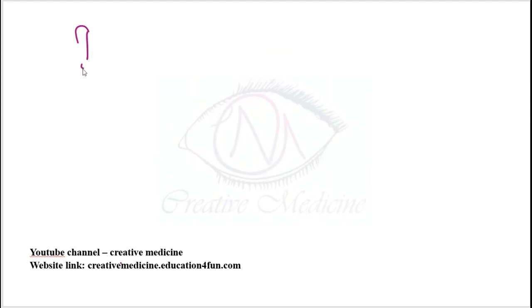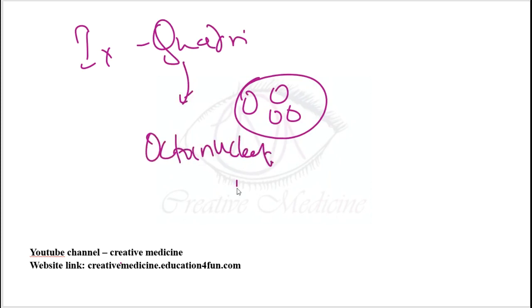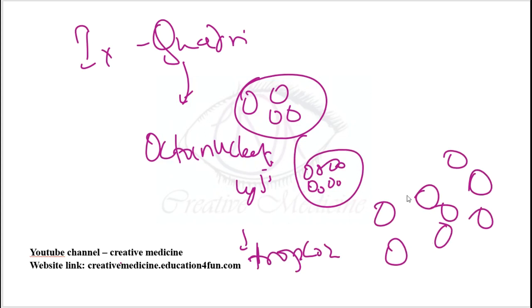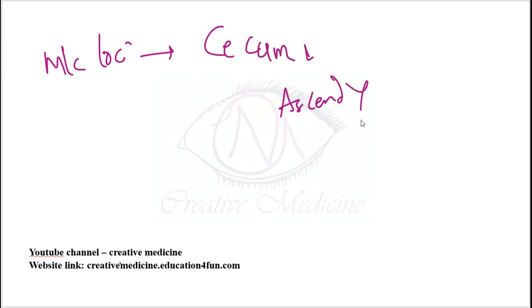The infective stage is the quadrinucleated cyst, where the cyst will have 4 nuclei. Once the infective stage enters, it undergoes mitosis and forms an octanucleate cyst with 8 nuclei, and it will release trophozoites, 8 trophozoites are released. Once the 8 trophozoites are released, these will enter the colon and form flask-shaped ulcers. The most common location of these flask-shaped ulcers, amoebic colitis or amoeboma, is the cecum, and the ascending colon is most commonly affected.